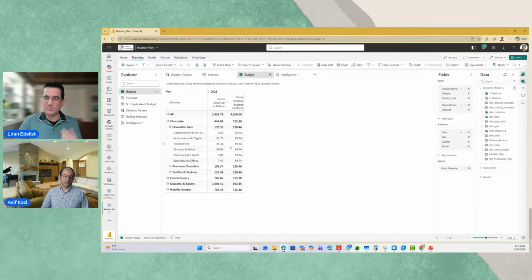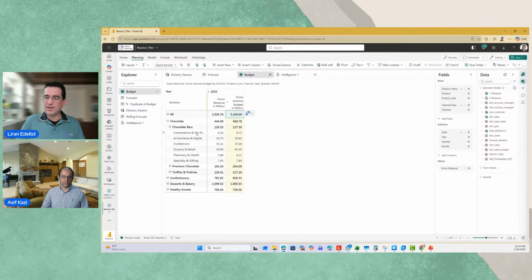Now, because I didn't give the system any logic for this cascading, it's an equal spread. But I can easily use these in-cell menus to say, well, I really want that to be readjusted by the weight of last year, and you see that instantly the readjustment is there.